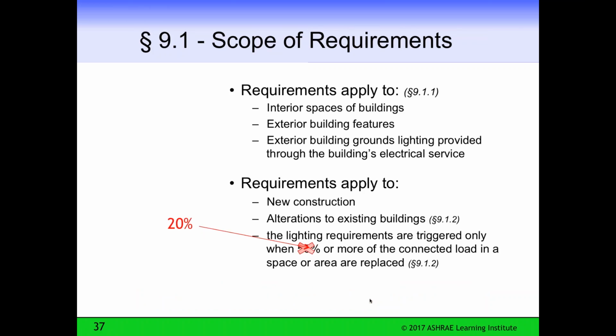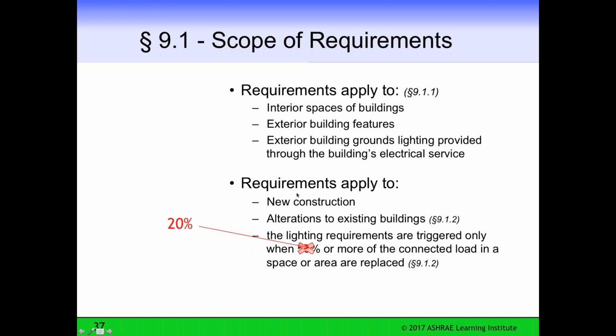So the scope of the requirements in lighting: the requirements apply to the interior spaces of buildings, to the exterior building features, lighting of the facades, etc., and to the exterior building grounds lighting, provided that the lighting of the grounds is through the building's electrical service.